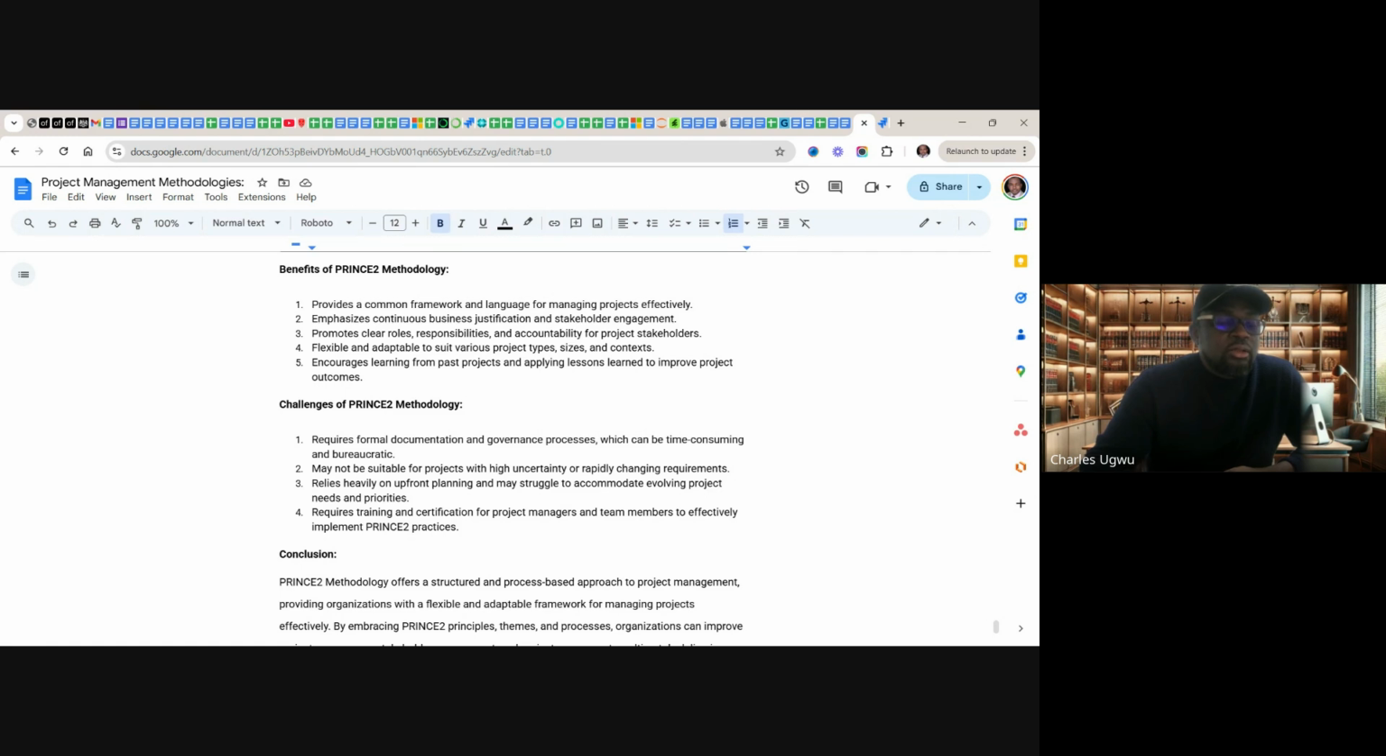Okay, challenge number 3: it relies heavily on upfront planning and may struggle to accommodate evolving project needs and priorities. So you see, they still have this waterfall approach in them that makes it a bit difficult to accommodate evolving project needs and priorities. It also requires training and certification for project managers and team members to effectively implement